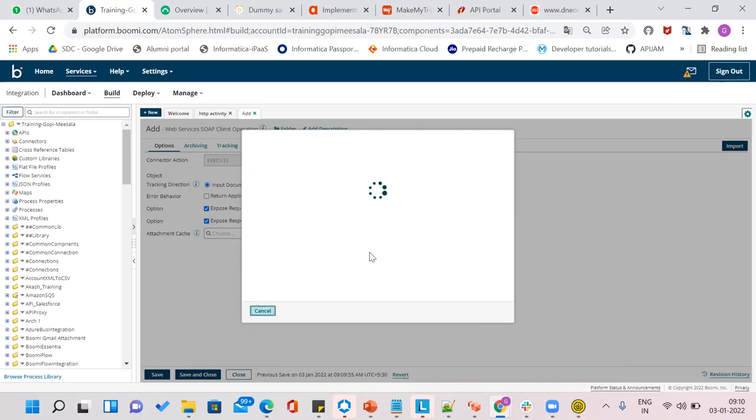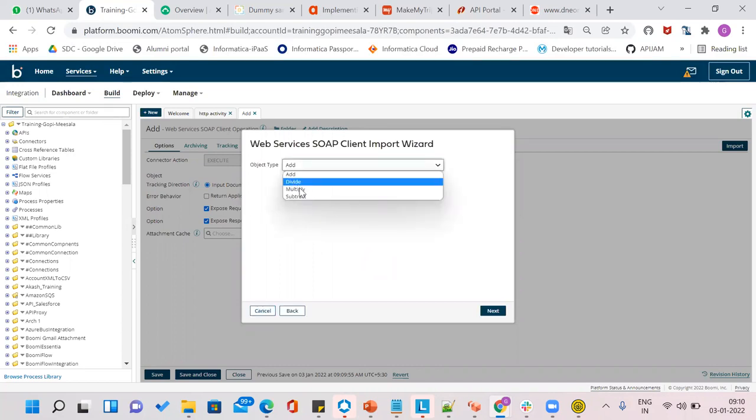Request and response envelope. See, we have object types add, divide, multiply and subtract. So once you use this object type,